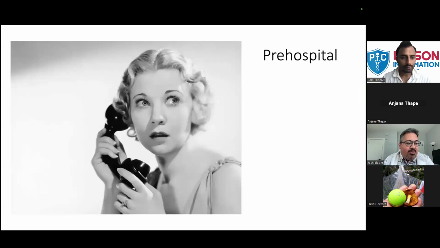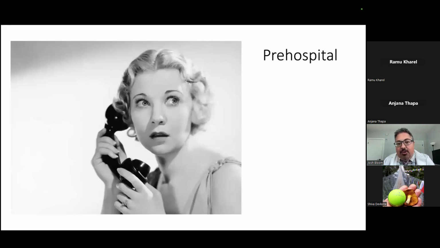So thinking about this pre-hospital, this is where a lot of the calls to the poison center might come, at least in the United States, as people who call because their child was in the backyard or in the forest and picked up something from the ground, put it in their mouth, and then spat it out. Now, one of the questions that's considered in American poison centers for these cases is, do these children need to be diverted to the hospital, or can they be managed supportively at home, and then the poison center can just do a check-in? Now, most of these children are managed at home in the United States, and that's because children